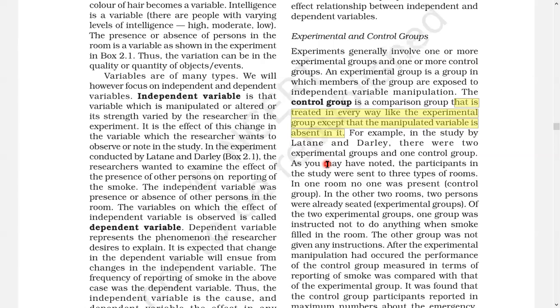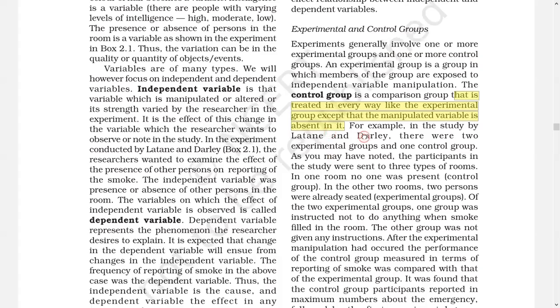Like yesterday, if you see the example, the smoke experiment by Latané and Darley, there were two experimental groups and one control group. As you may have noted, the participants in the study were sent to three types of rooms. In one room, no one was present, like a control group. In the first condition, it is treated as a control group.